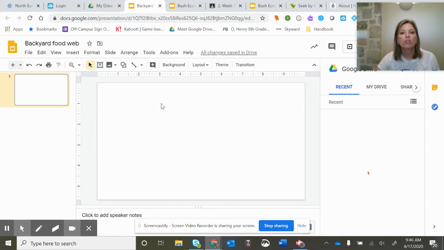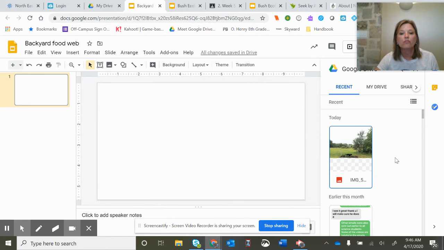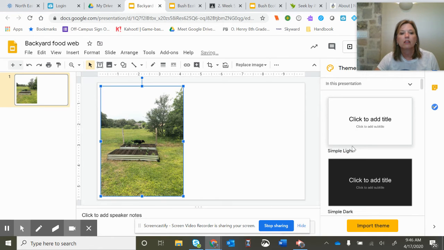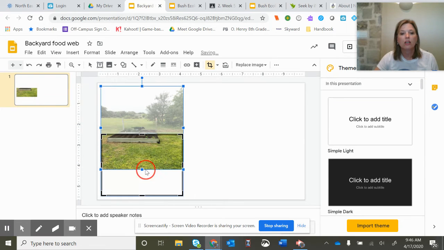And when it comes up in Drive, it's going to have your recent pictures that you've just put in there. And here's my picture that I took of my garden that I've built. So, I've got plants, I've got my dog. It's pretty big. Up here in the top of Google Slides, I can crop it. So I can crop this down if I just wanted to show my dog in the picture,